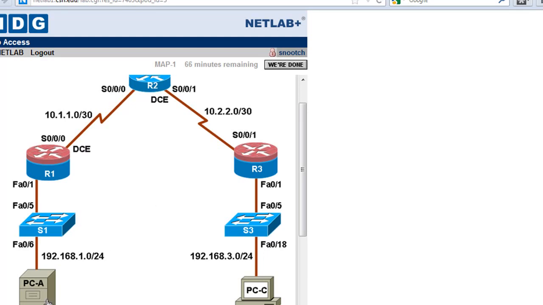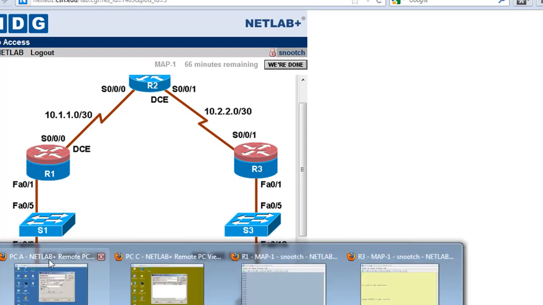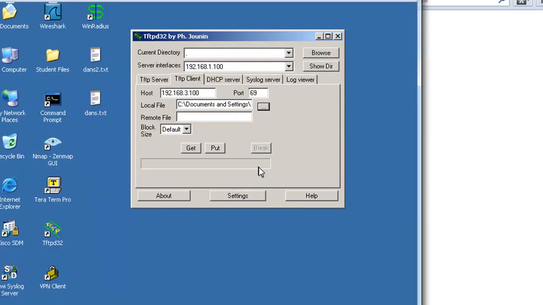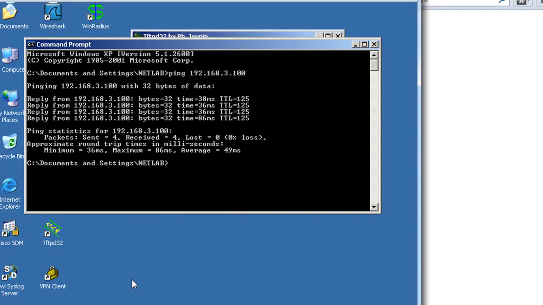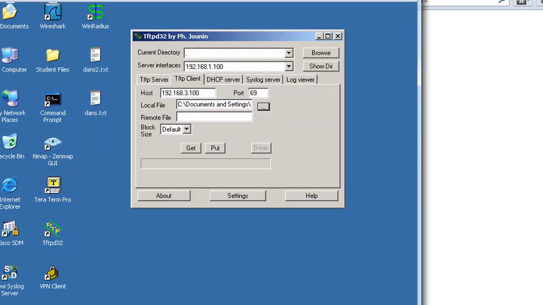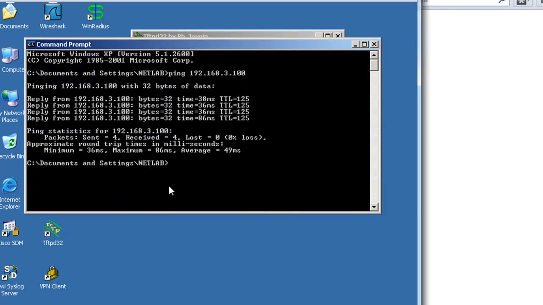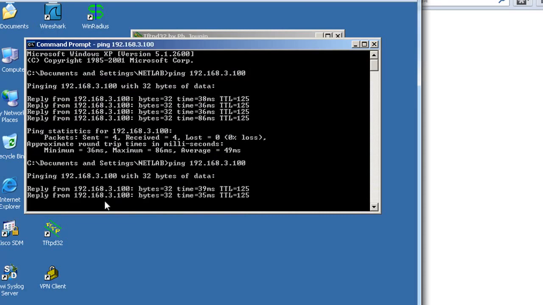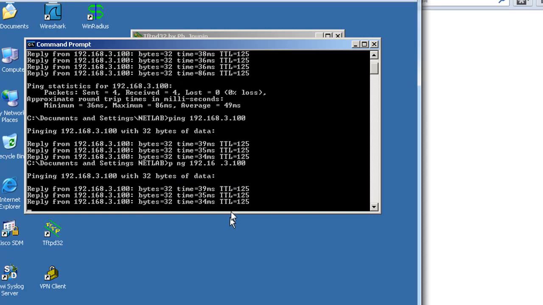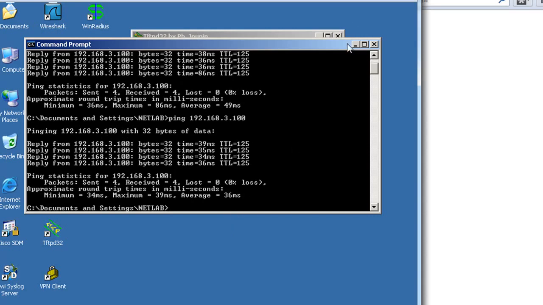So we'll open up PCA right here, and we'll ping PCC, and we'll also attempt to do something else as well. So here's PCA, and we'll just open up a command prompt here, and you can see from the command prompt, if I do an up arrow, I can ping 3.100. So I can ping across the network, right? Also,